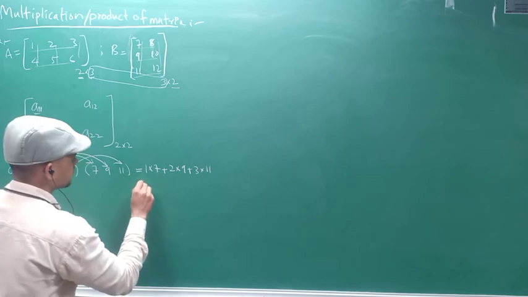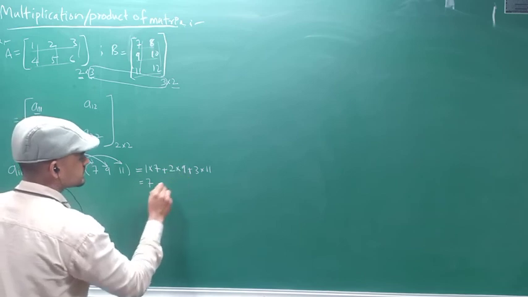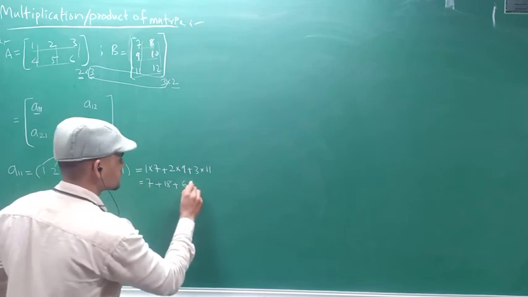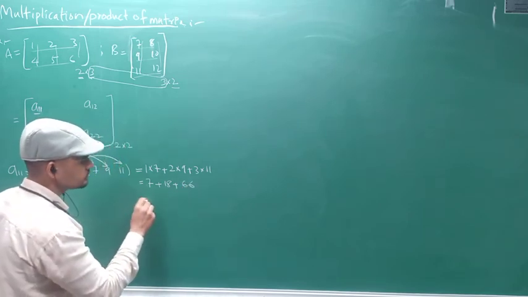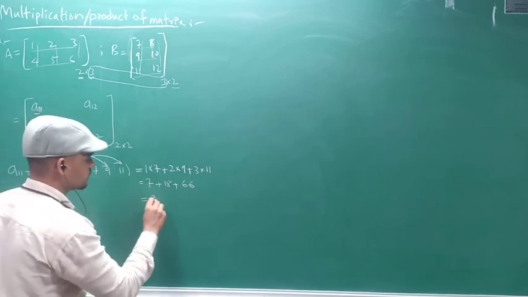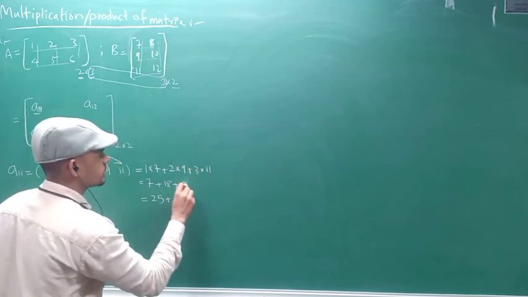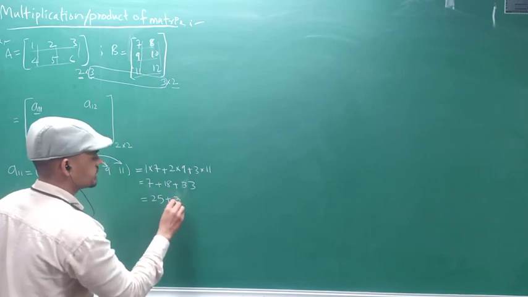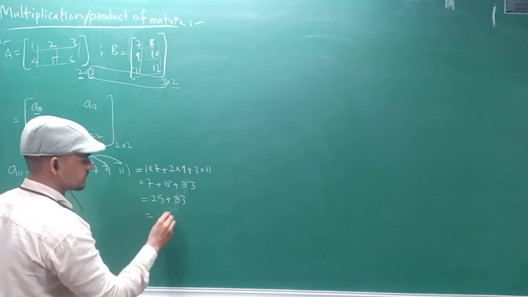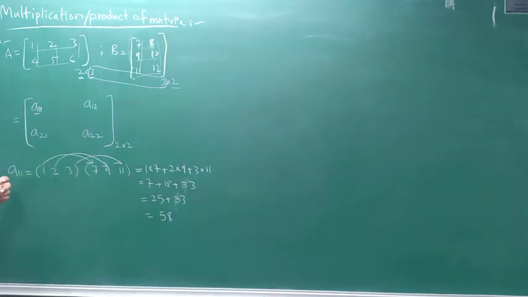Now if I add them, 1 into 7 is 7, 2 into 9 is 18, and 3 into 11 is 33. Now add them again. 7 plus 18 is 25, plus 33. So 25 plus 33 is 58. So our first element A11 will be